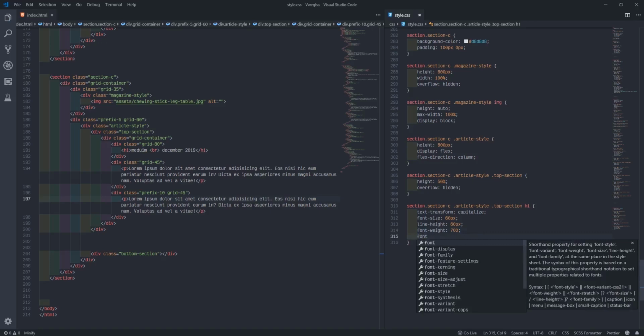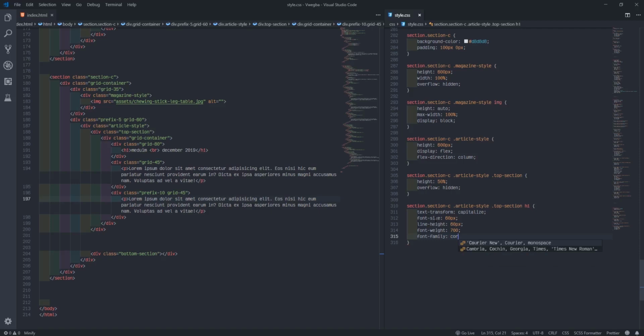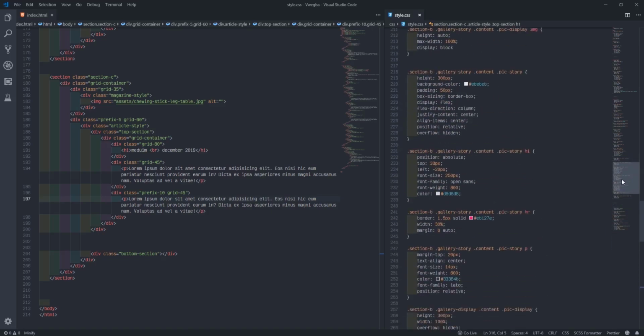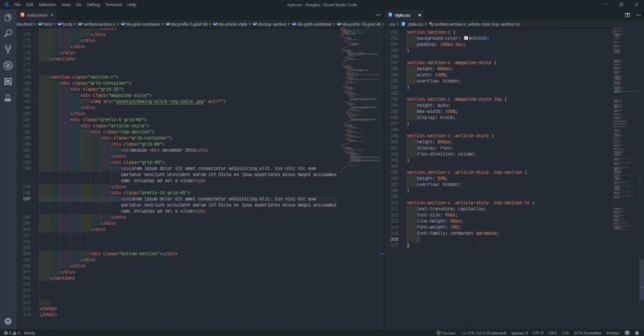Then font family. Okay, any long name like that. Cormorant Garamond. Cormorant Garamond. Then I'll come here. I'll set the color, the same color we used now. That blue. Oh, fine. Now where is it? See here. This blue. We already put font family. We're going to put margin bottom, since the space is there.